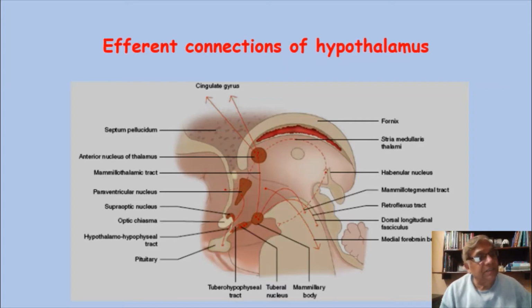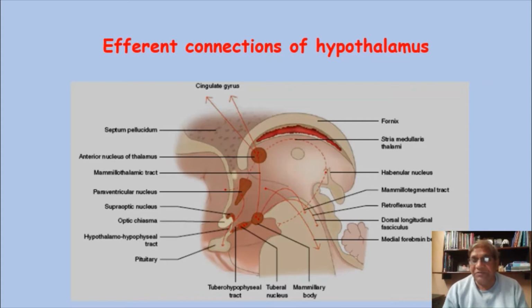That means fibers are starting from the hypothalamus and going towards the different parts of the brain. Let us come to the first efferent fibers, which go to the hippocampal formation. These fibers start from the lateral nucleus, which is a large nucleus in the lateral zone, deep to those